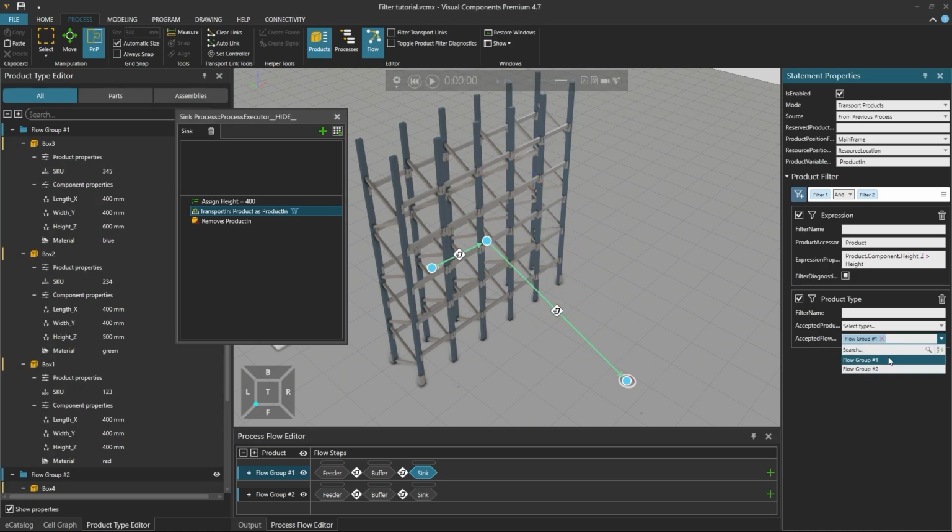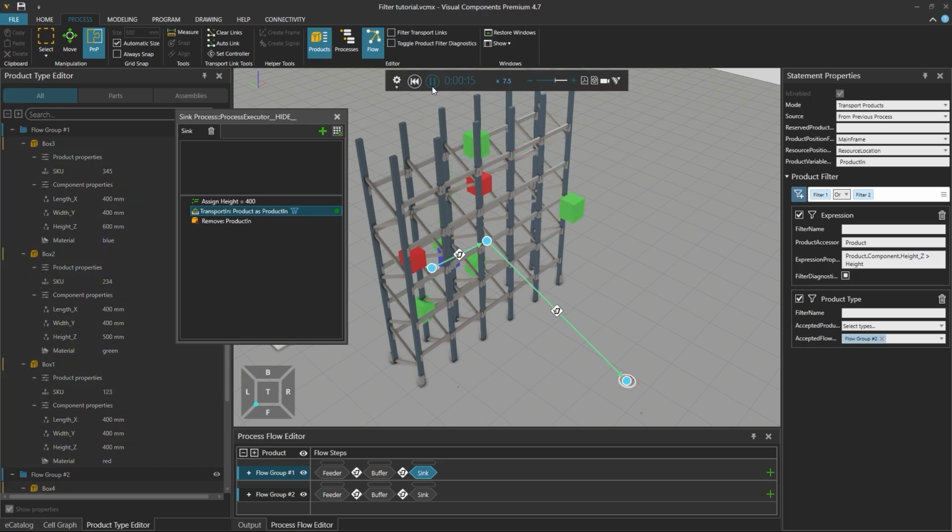And if you change the accepted flow group to flow group 2 and change the operand to OR, then any product with a height greater than 400 or that is a member of flow group 2 is accepted into the process.